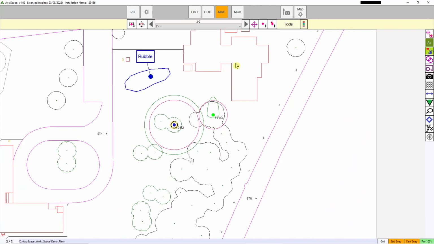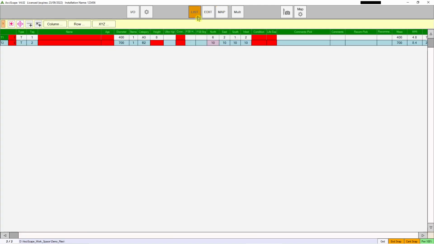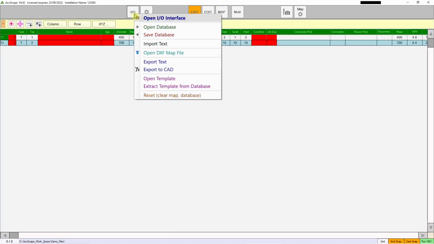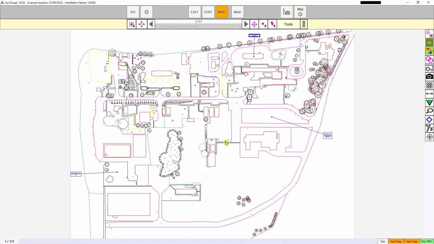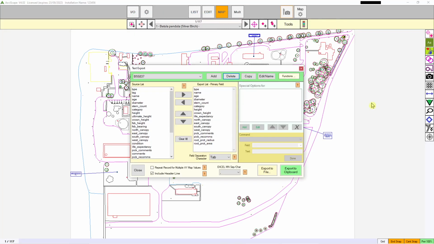But it can also export as text, because you've got your schedule. I might do this with the demonstration file actually, because there'll be more trees to look at. I open him and then select export text. And again, I'm going to go through this on another video. Basically, you decide what you want to export, and you can modify, join fields together. You can join north, east, south, west together, so they go in one field, in one column in Excel, which I'm going to put this into. Export to clipboard,